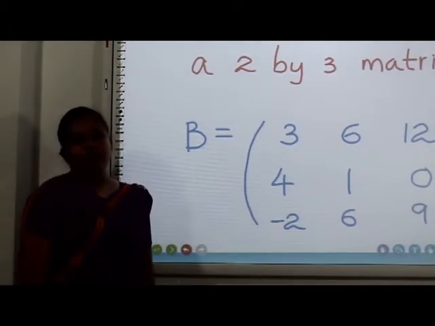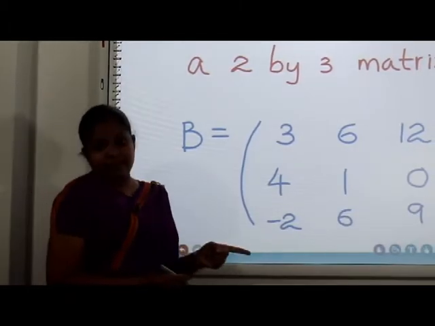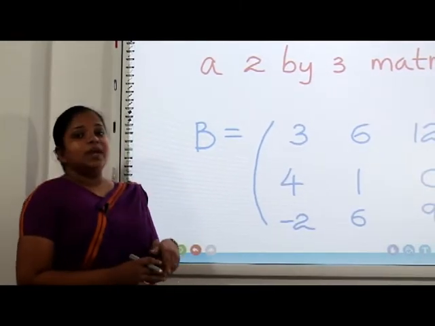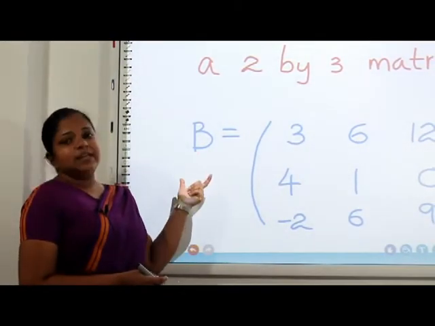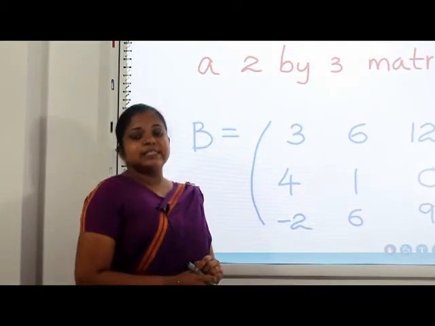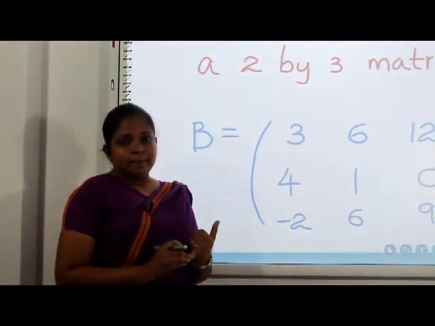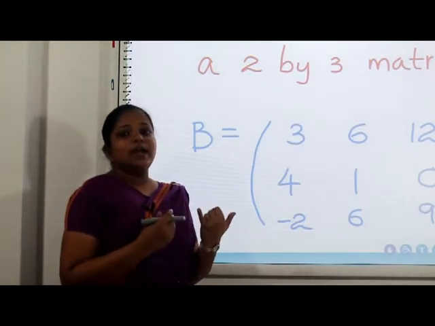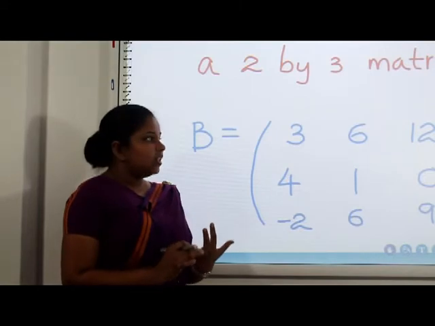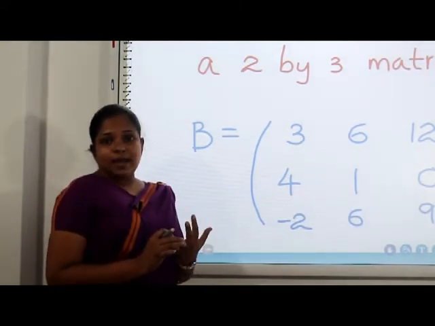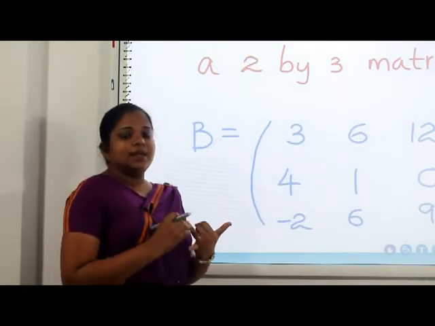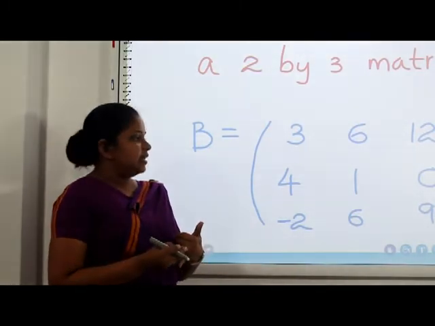Now here you know what a matrix is. A rectangular array of numbers is a matrix, and you can name the matrix with a capital letter, and these are the elements of the matrix. They can be numbers. Numbers means you can use whole numbers, decimals, fractions as well, and the elements can be algebraic symbols and algebraic expressions as well.